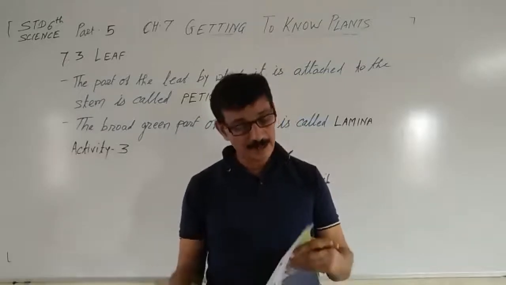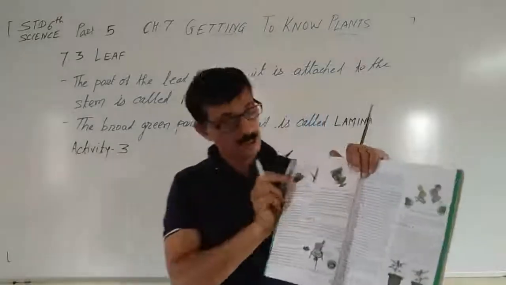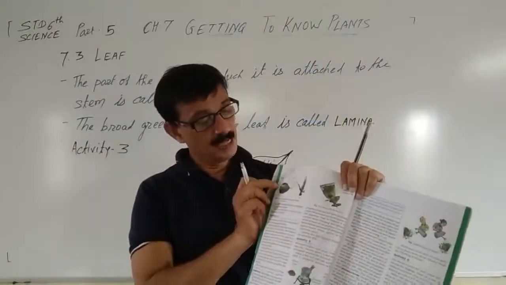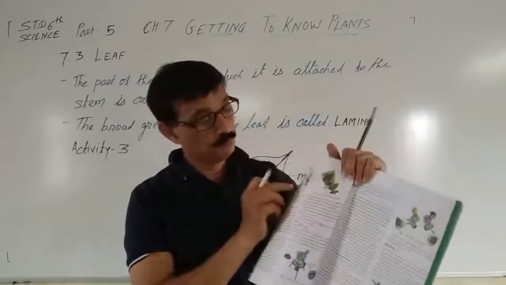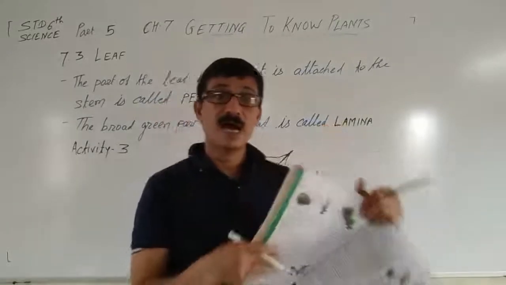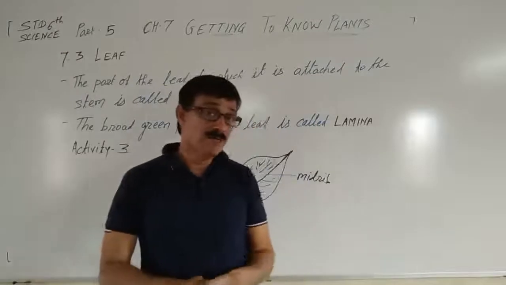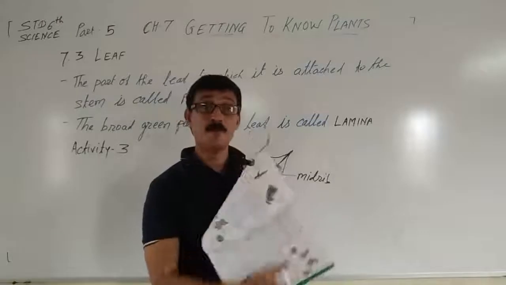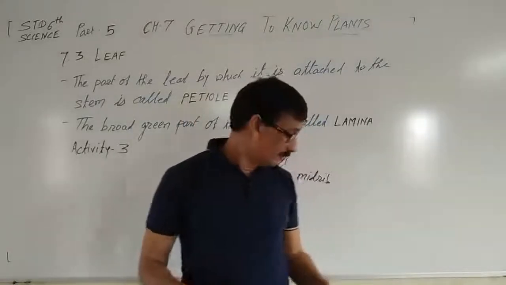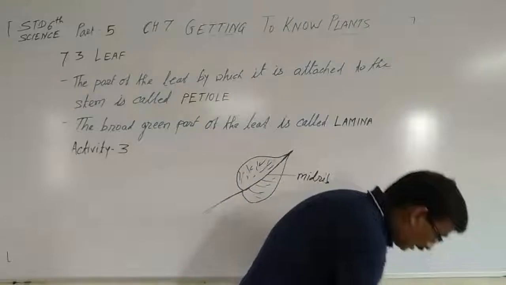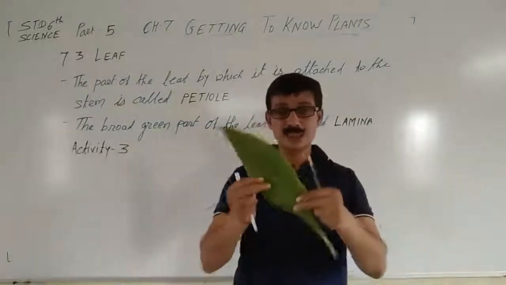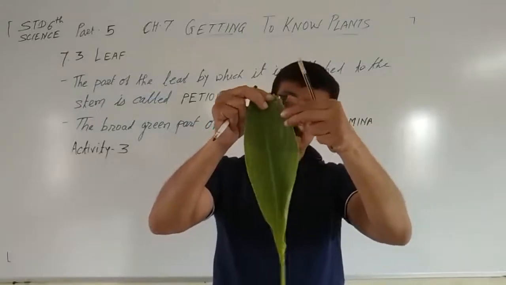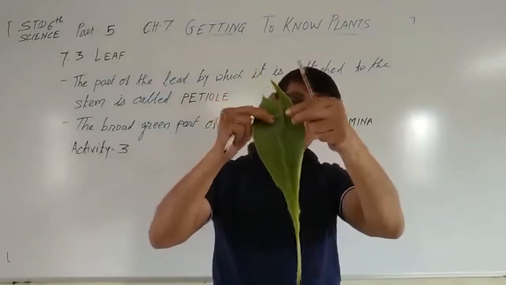We will discuss that later, but here you can see this is also a banyan tree, that peepal tree leaf, and here you can see the midrib also. Have you ever seen a corn plant? This is a leaf of a corn plant, in which you will be able to find parallel venation. This is also a leaf. Let me tear this. See, can you see?